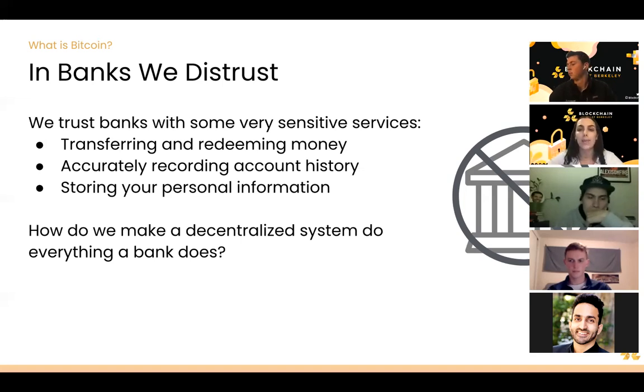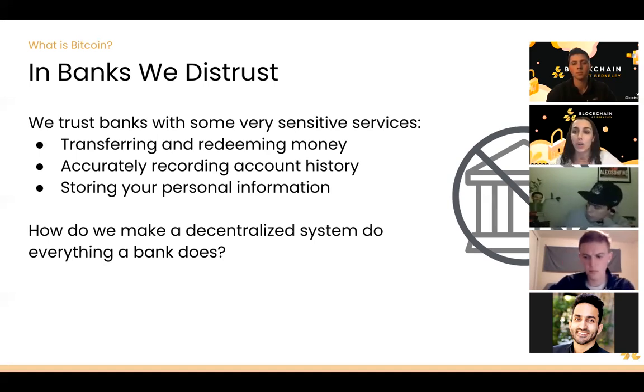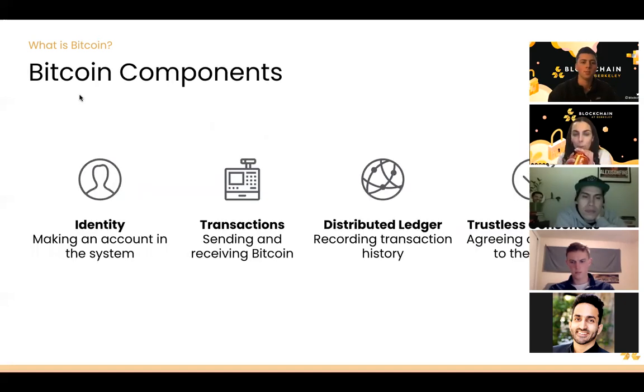And so Bitcoin came at this turning point, and this happened in the Great Depression too. It came at this turning point where a lot of people wanted to see, could we actually do the same things that banks do, but put it into a decentralized system? So we don't necessarily need to trust those banks, because they really are just a third party that has been profiting off of everyone just living life for a really long time. And we'll get into how we make a decentralized system do everything that a bank does now. And this is going to be the remainder of the lecture.